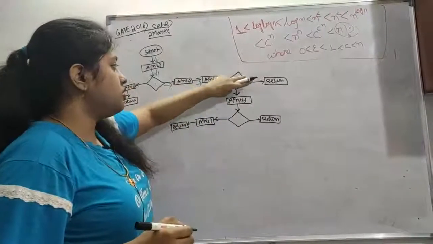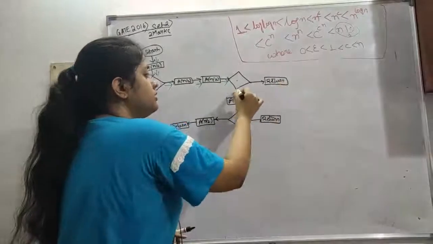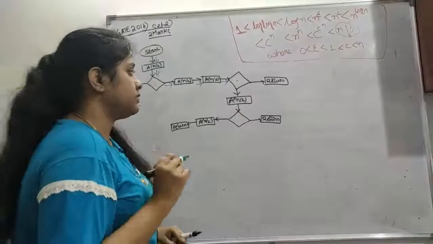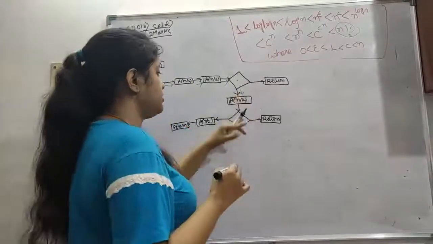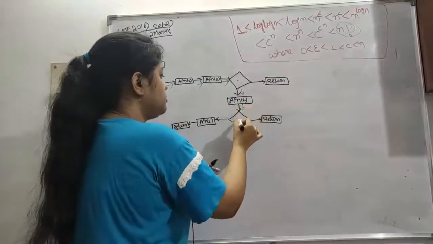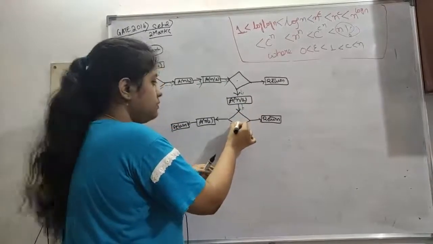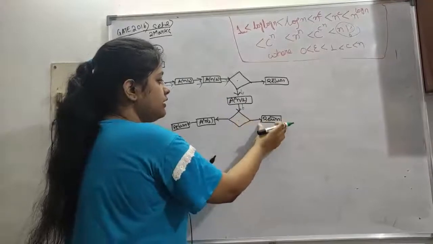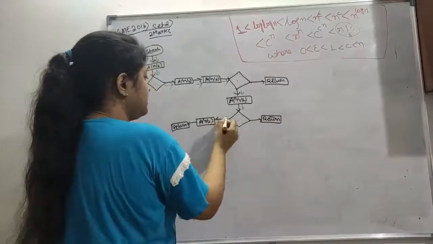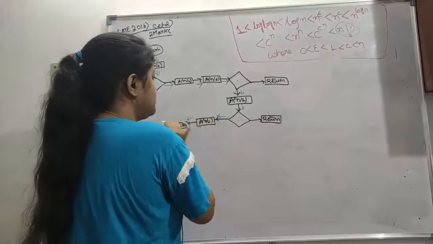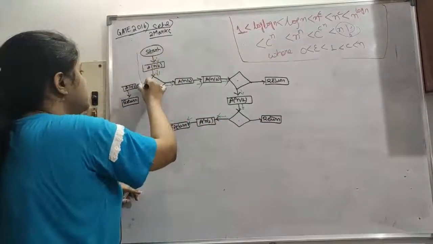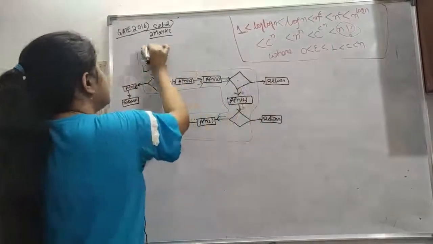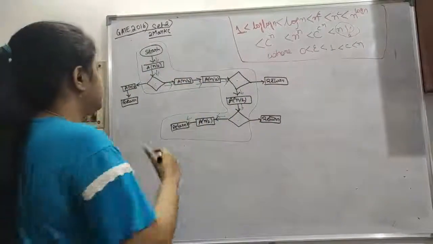Again there is a decision box, so this is also a possibility, this is also a possibility, but you have to take the longest path because the worst case is asked. So we are taking this path, again this. Here we are in a decision box, in this diamond box. Either you can take this path or this path, so you have to take this path only. So this is basically our path.